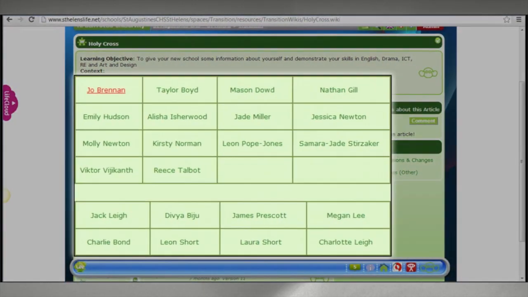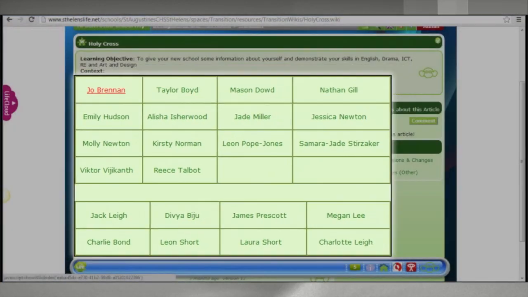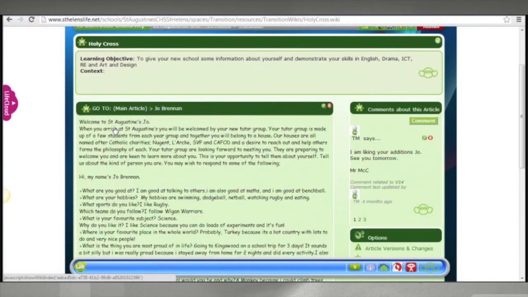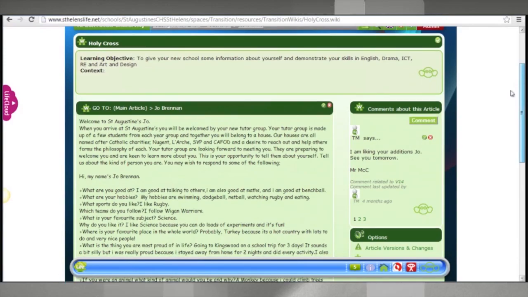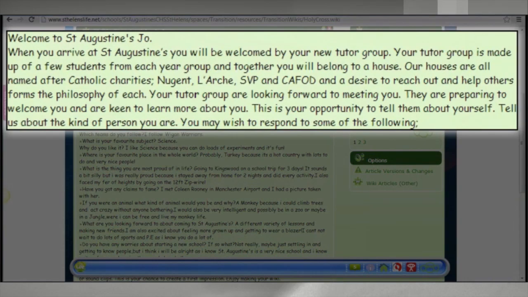Lots of different cross-curricular subjects. We've got a list here of the different students that are going to be attending St. Augustine's, and specifically we're going to look at Joe's. So into Joe's wiki. First thing Joe sees is an introduction, welcome to Joe herself, some information by the teachers